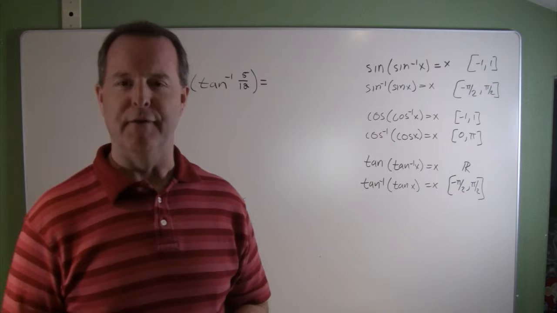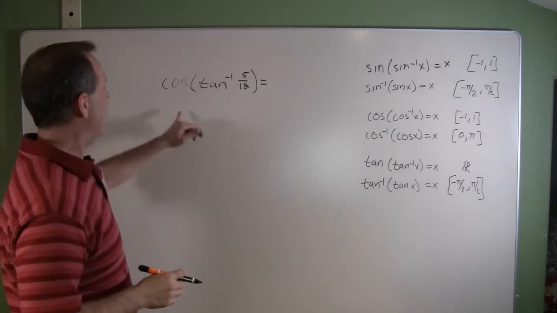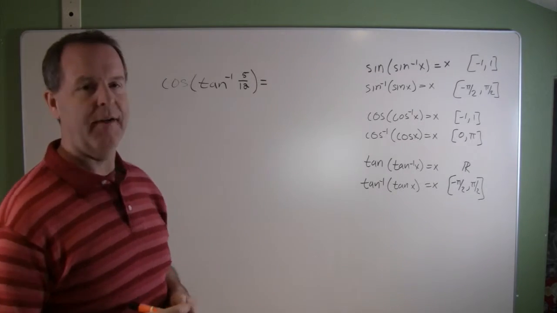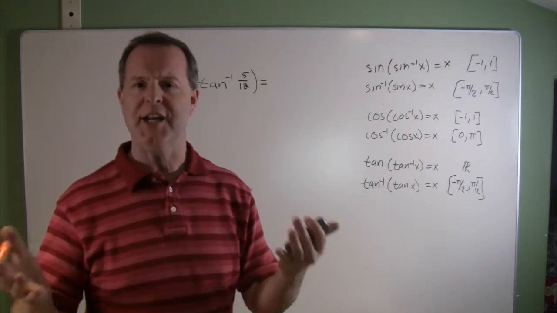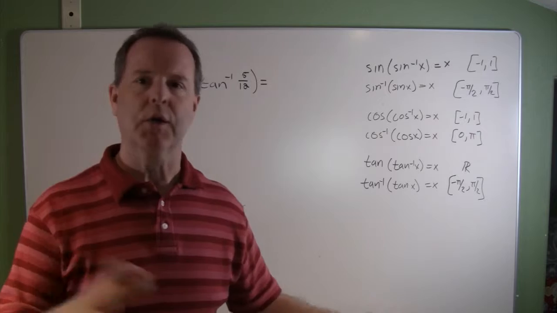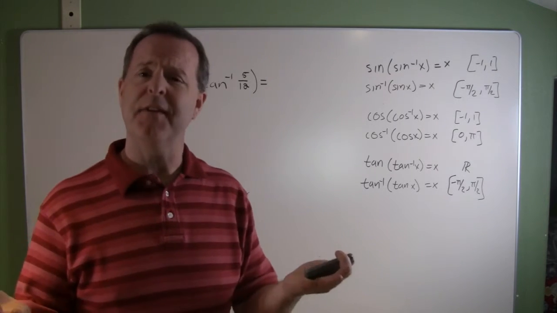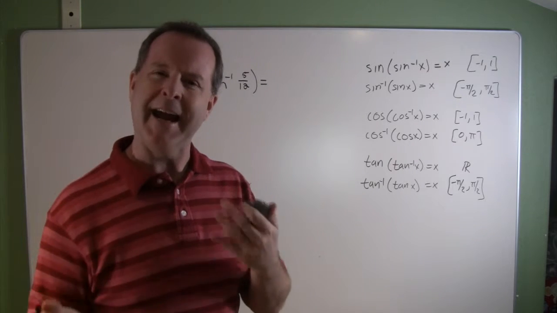All right, here's kind of a fun one to think about. I have the composite function of the cosine of the inverse tangent of 5/12. Whoa, whoa, wait a minute. Why are we changing cosines and tangents? Why can't they just be all cosines or all sines? Well, because we can. So let's figure out what this means and start to unpack what's